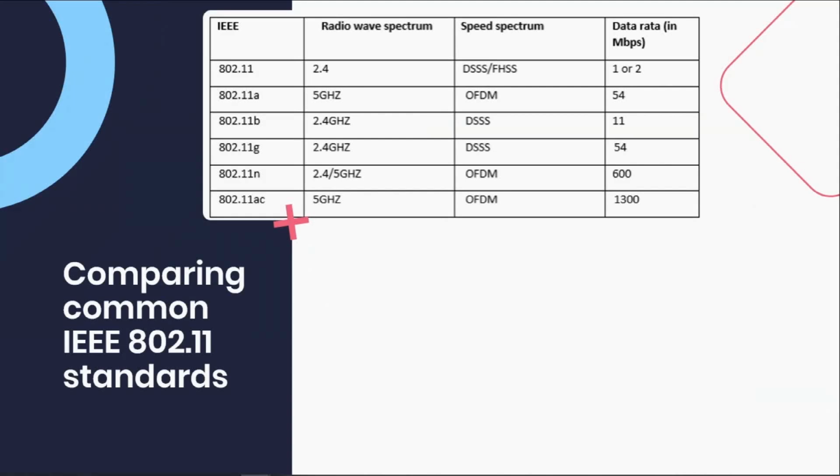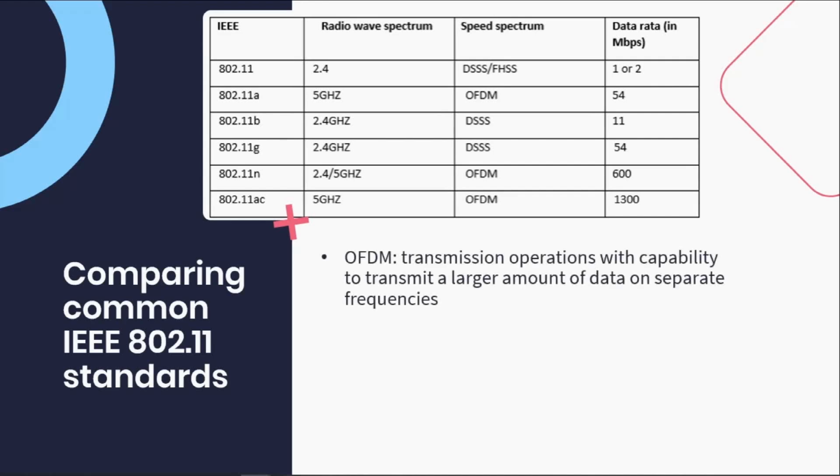All these standards use the Ethernet protocol and the carrier sense multiple access with collision detection access method. To explain some of the terms, OFDM, orthogonal frequency division multiplexing, has transmission operations that have the capability to transmit a larger amount of data on separate frequencies. Splitting the signal on separate frequencies greatly reduces the amount of interference. OFDM is mostly associated with IEEE 802.11,